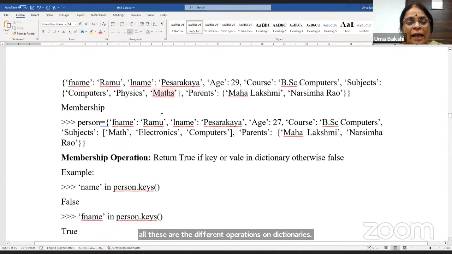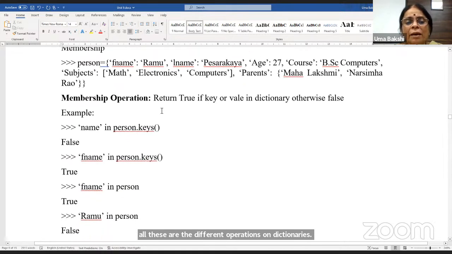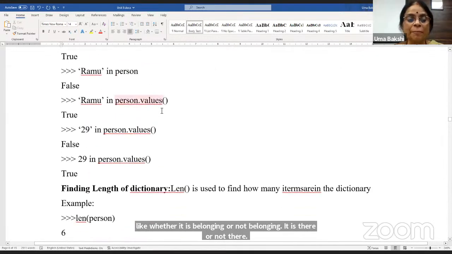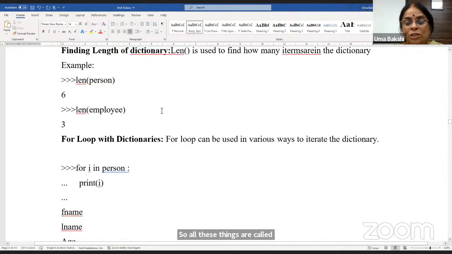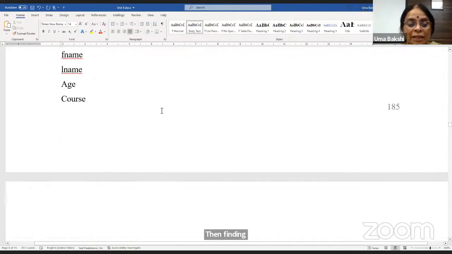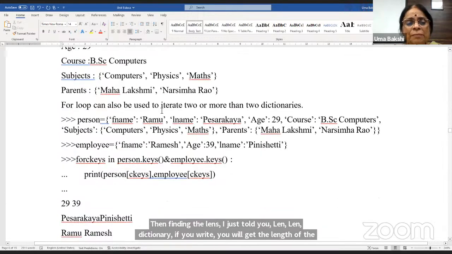So then membership operations. Membership operations, like whether it is belonging or not belonging. It is there or not there. So all these things are called membership operations. Then finding the length, I just told you. Length, L-E-N, dictionary, if you write, you will get the length of the dictionary. Then comes